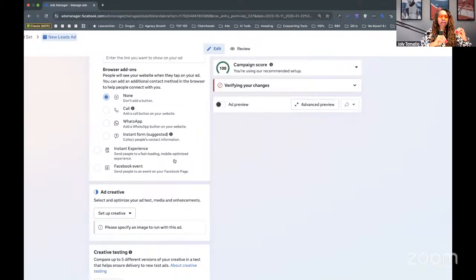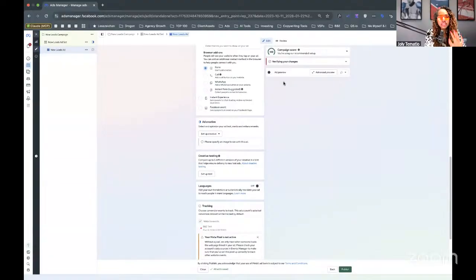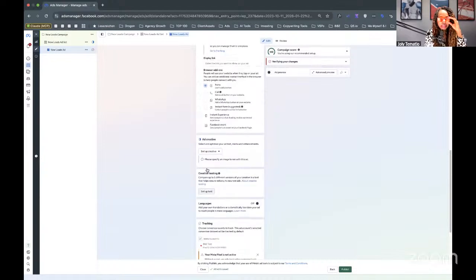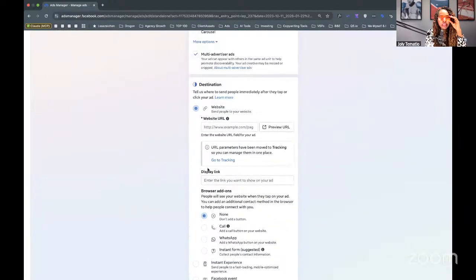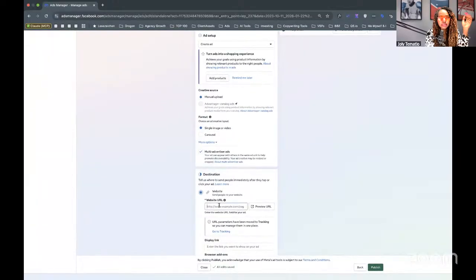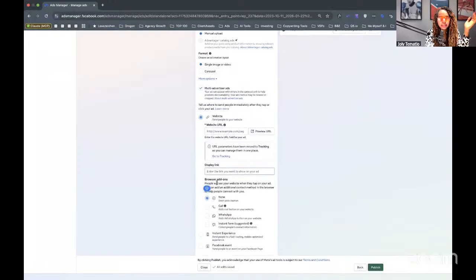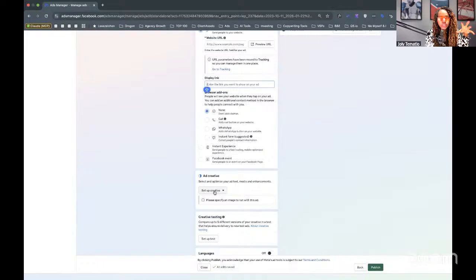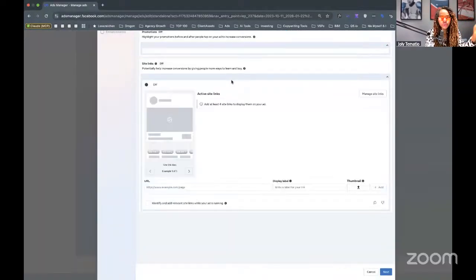We like to have one asset inside each ad. I mean, inside each ad. So for instance, in this case, we have this ad, right? So inside this ad, we'll come in here, let me come all the way up, where it says, we want to upload our post. So here I'm going to add the website URL. I'm going to add the display link. Browser ads on, I always like to leave these to none, because that's not needed. Set up creative, here I click on plus, and I click on image ad. So here I'm going to upload an image ad, and I might choose one that's optimized for feed, and also,